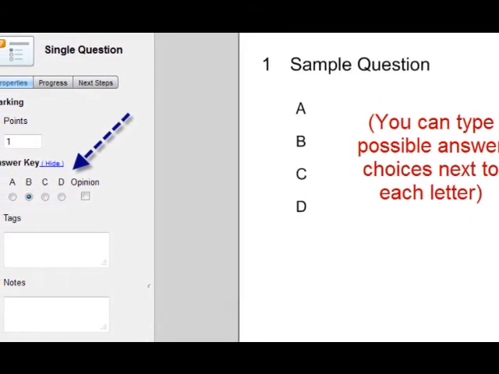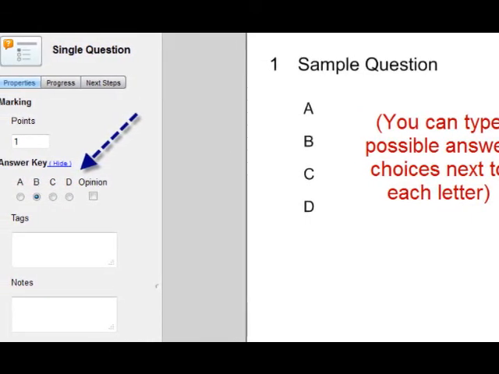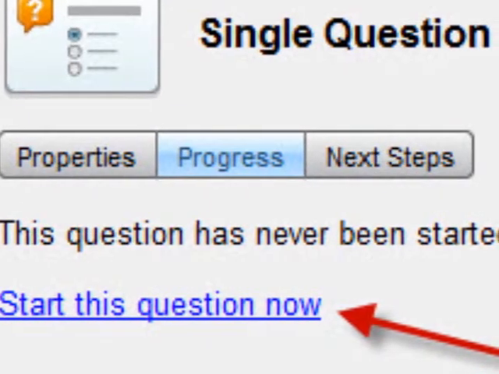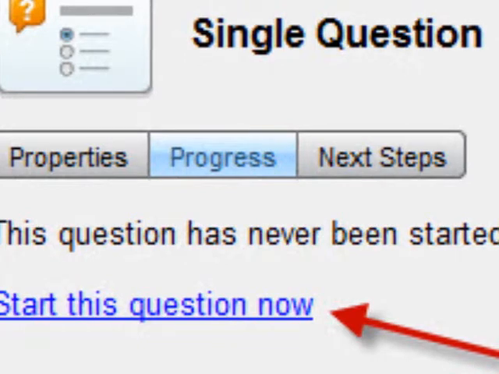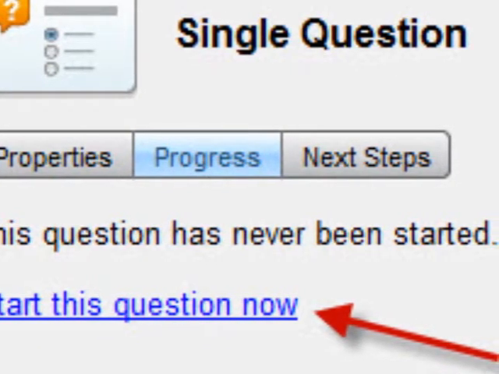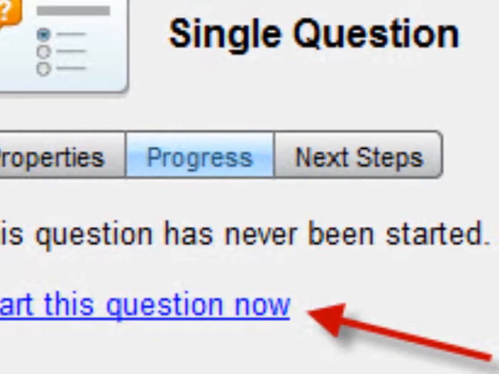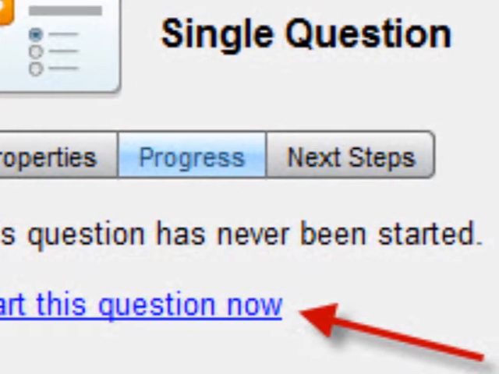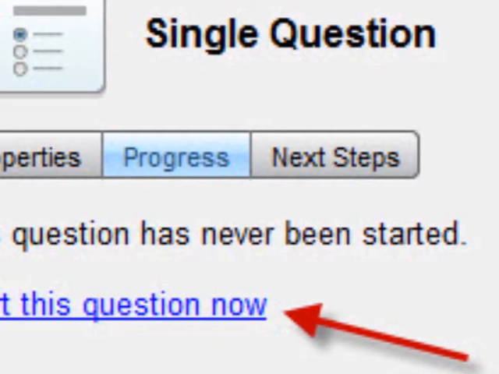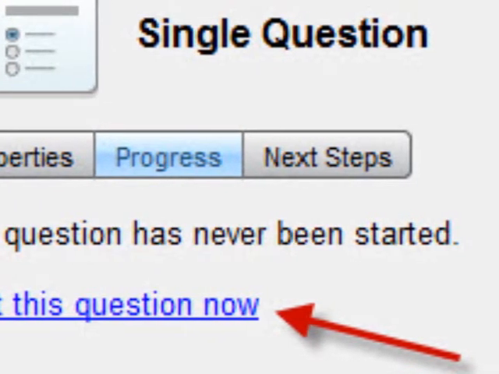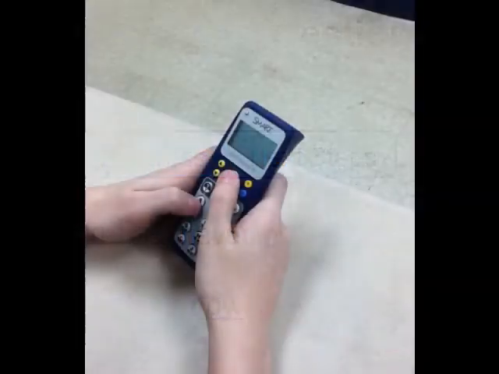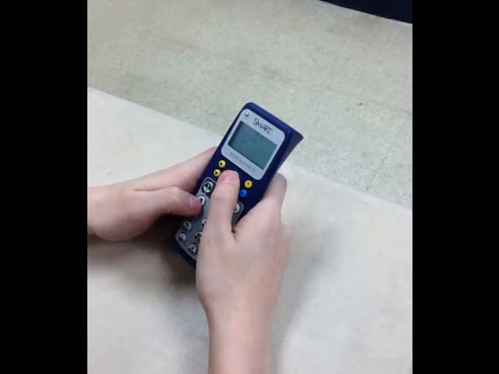The next tab in the question window is actually the progress tab. Now you need to be under this tab so you can actually start the question. Once you click on start the question on your smartboard, your students can then actually answer through the clicker system that they have in their hand. So once the question is started, the student can write whatever letter they feel is the best response to the question, A, B, C, or D. And all they have to do is submit their answer, and that data goes directly into the program